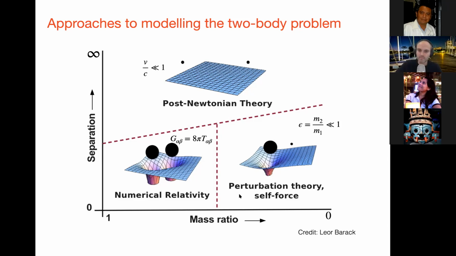relativity. And so finally, in this region where you're both in the strong field, but you have a small mass ratio, we turn to perturbation theory, or black hole perturbation theory, and also some aspect of it called the self-force, which I'll mention. On this diagram, I haven't really given any sense of scale, so I haven't said where the line is between these things, and this is actually a blurred line, of course, but hopefully by the end of this, I'll get a little closer to answering how far you can push perturbation theory to modeling closer to comparable mass systems. So for the small mass ratio systems, we're not going to use these two, we're going to use black hole perturbation theory.